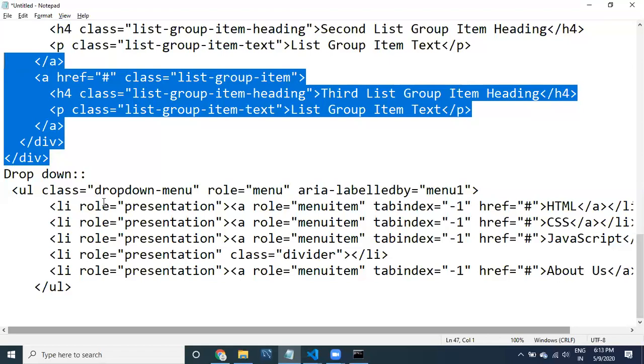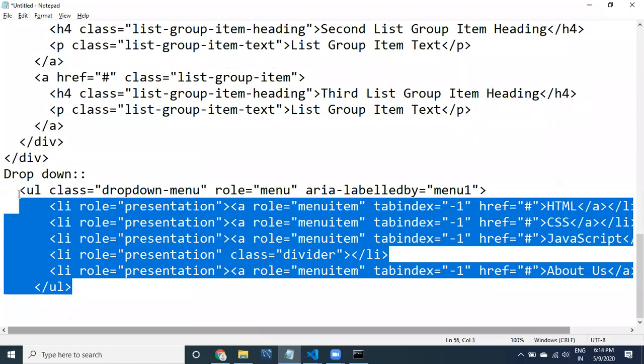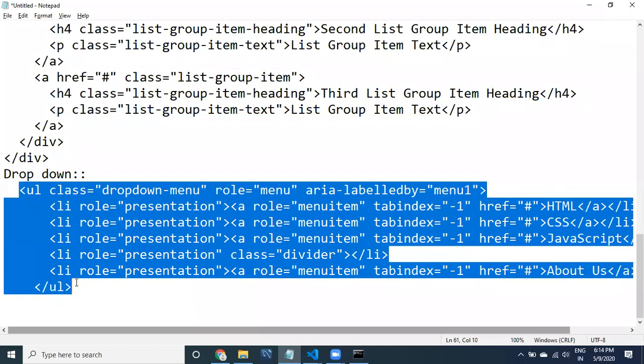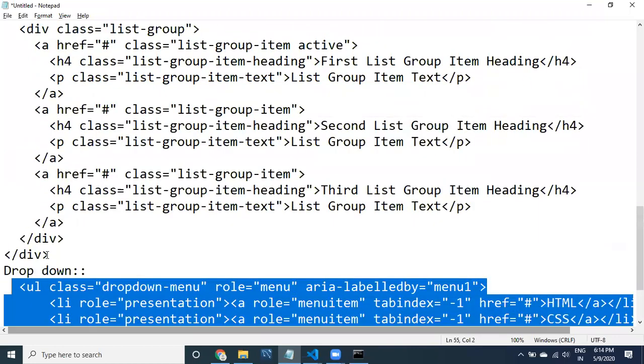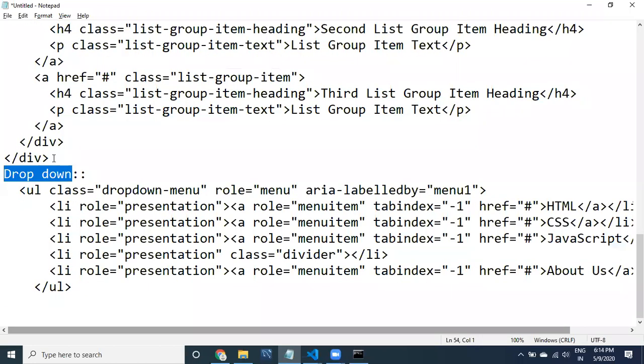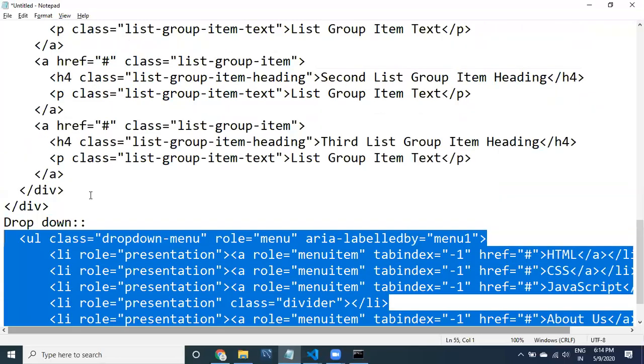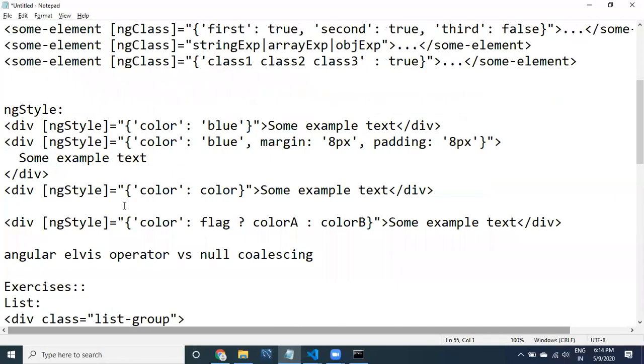We can apply Angular concepts to Bootstrap, because finally, when you get a job or when we are doing any project, you are going to do these kinds of things only, like creating tables, cards, panels, left menus. We need to apply our Angular on these kinds of elements. This is also going to be the dropdown when you are creating a dropdown. If you observe carefully, this is one of the exercises for today. We'll be doing it, guys.